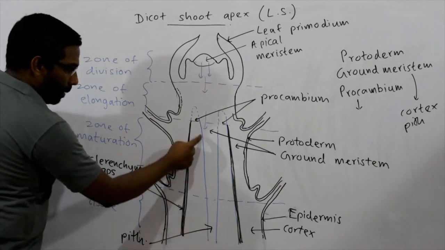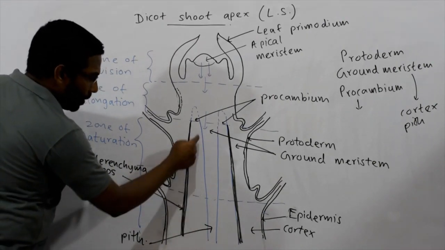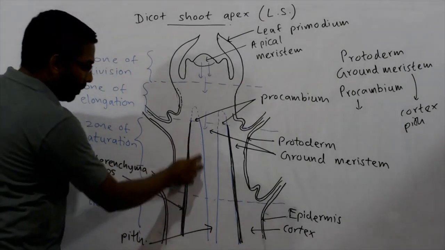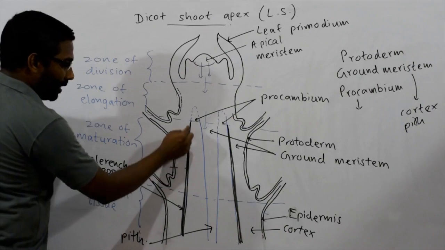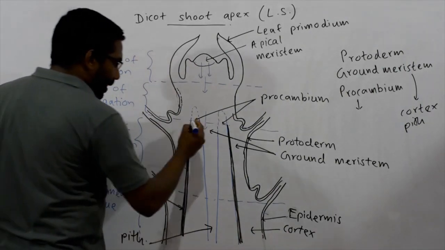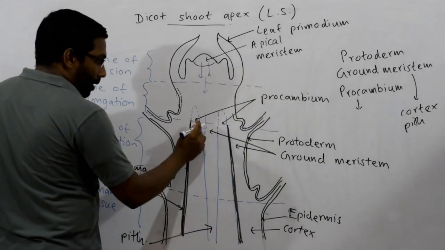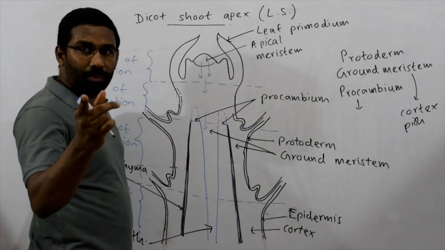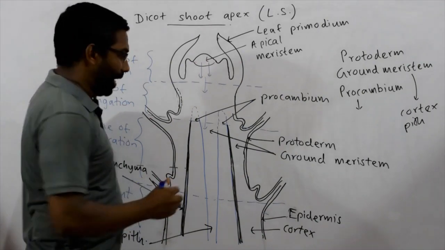Medial, peripheral. That means from this region of the procambial strand, primary xylem should originate. Got that? From the peripheral region, primary phloem should originate. Here we will consider one procambial strand. So it's like this. Imagine now at the beginning, primary xylem starts to originate. So which part of the primary xylem originates first? It is the protoxylem. So here it's like this.